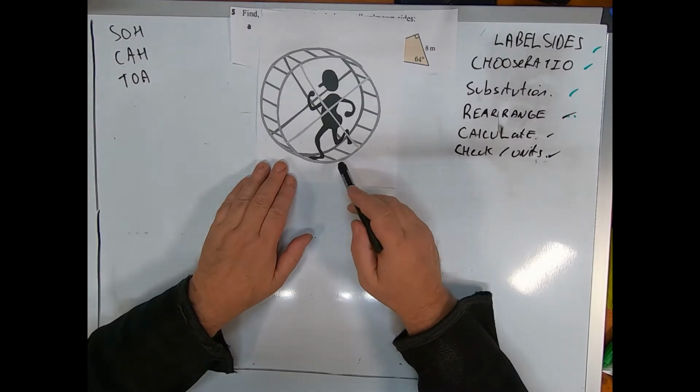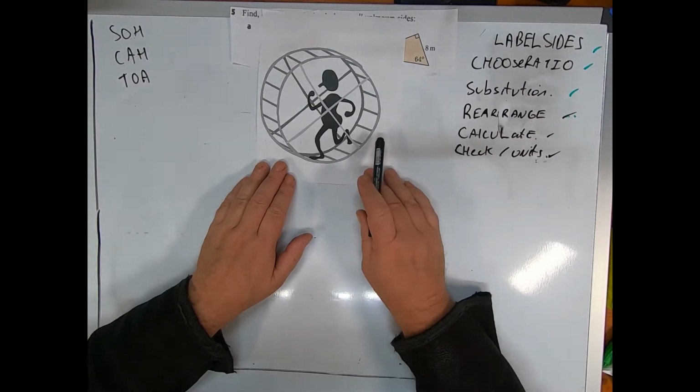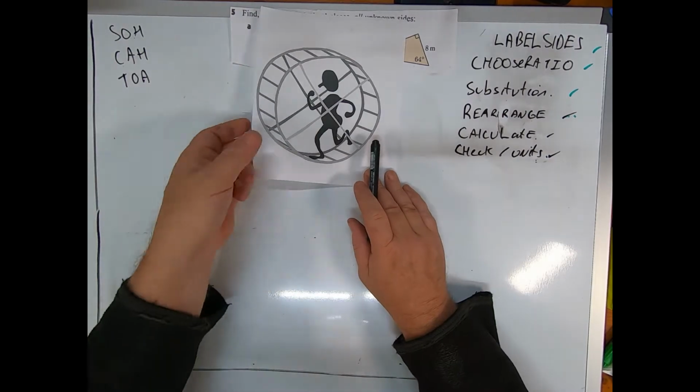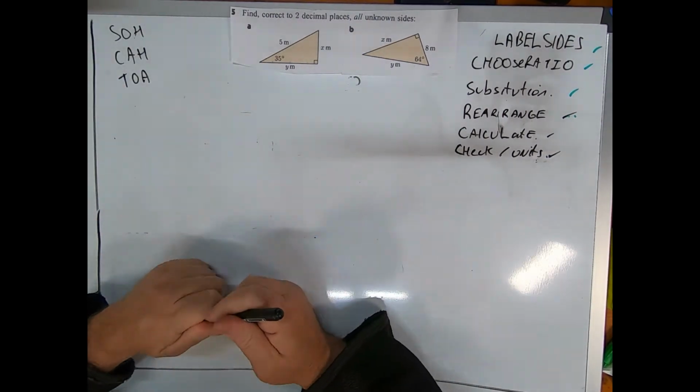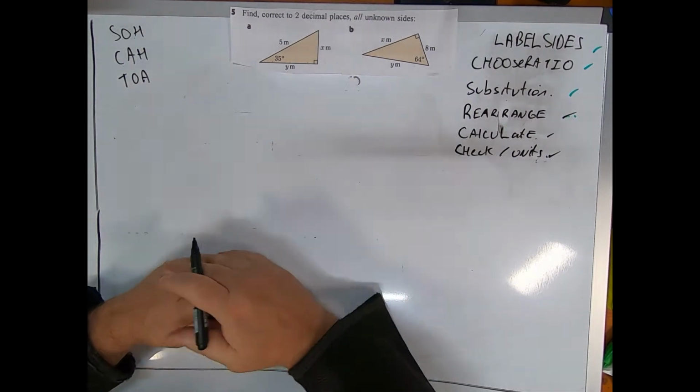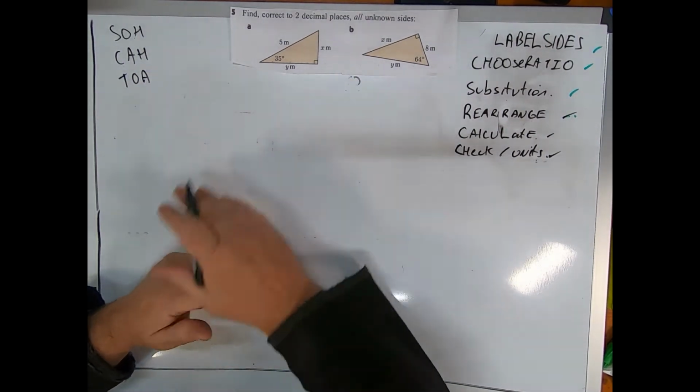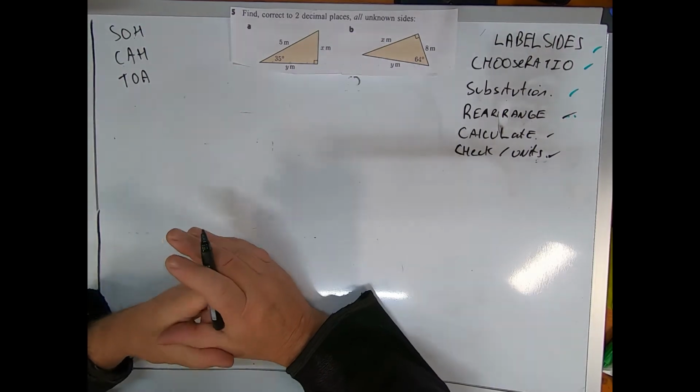Keep on running. More triangles across the rectangle. Okay. All the unknown sides. I'll only do one of these. The approach here is that